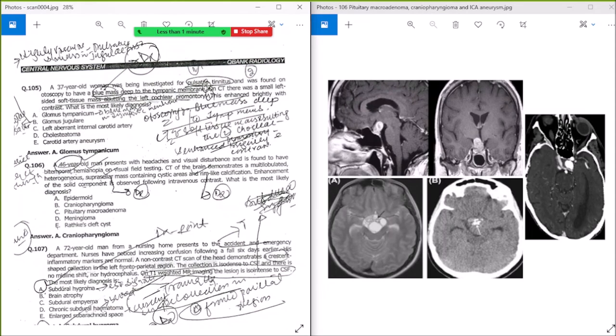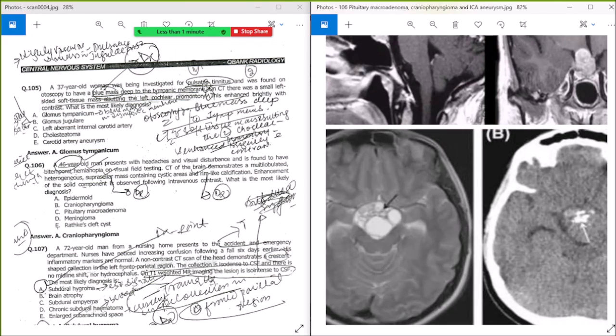Next, question number 106. What is the diagnosis of craniopharyngioma? A 26-year-old man with headache and visual disturbance is found to have a pattern of bitemporal hemianopia on visual field testing. Serial brain imaging demonstrated a multilobulated heterogeneous suprasellar mass containing cystic areas and rim-like